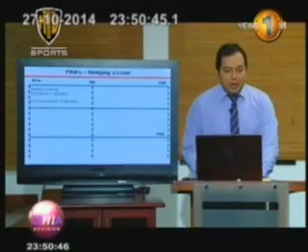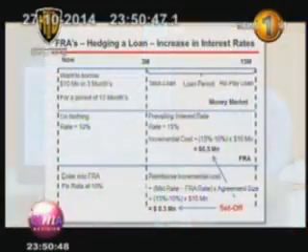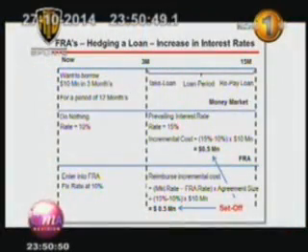Let's look at it. We will assume that you want to borrow $10 million in 3 months' time for a period of 12 months. So, the actual borrowing takes place in 3 months' time and the loan repayment period is 12 months. The duration of this total transaction is 15 months. How did we get 15 months? The 12-month loan plus the loan is taken in 3 months' time. 3 plus 12 is 15.